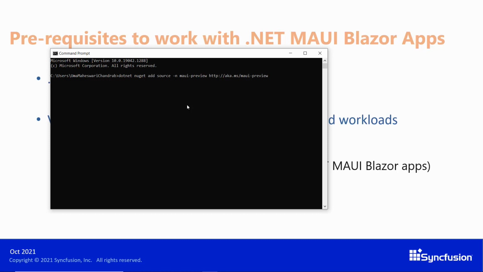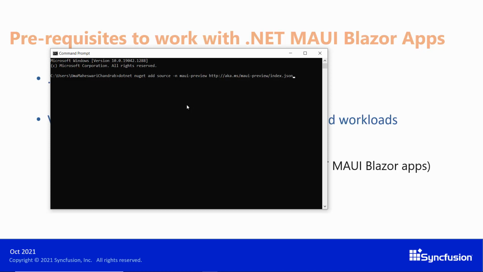I'll provide all these links, and I'll share an example with a complete README file with steps as well, so that you can follow along.